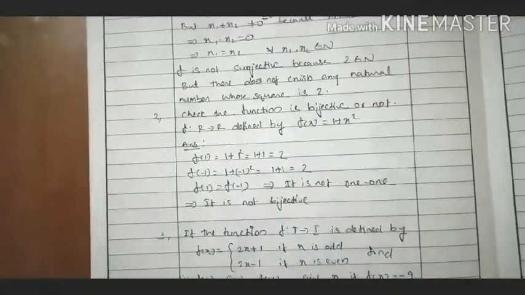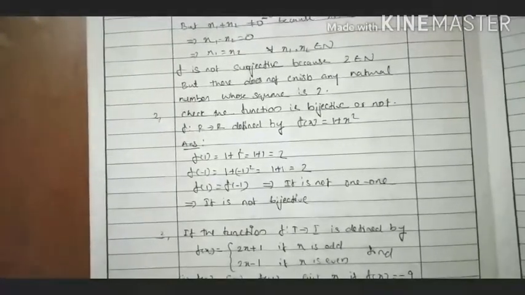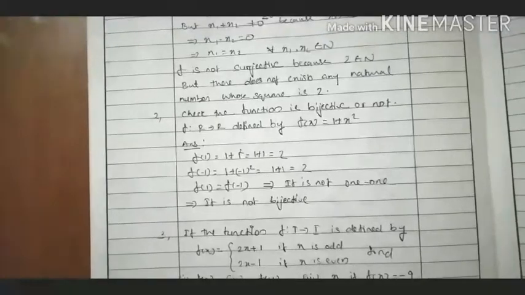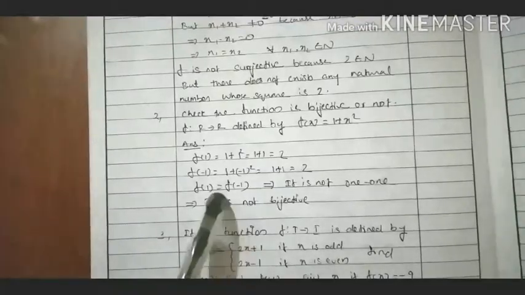If we fail to prove that it is 1-1, then directly we can say that it is not bijective, because the condition is 1-1, and only if a function is 1-1 and onto can we say that it is bijective. So here we are disproving that by using an example.